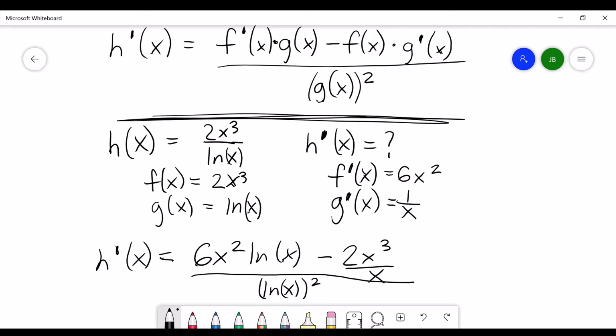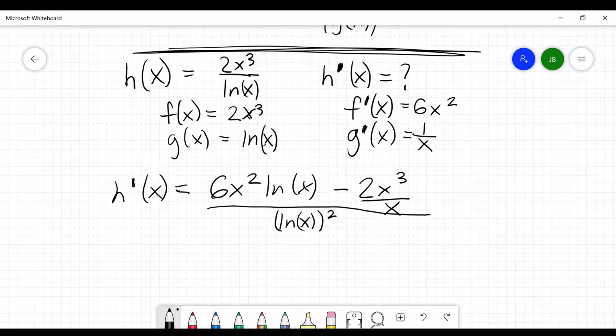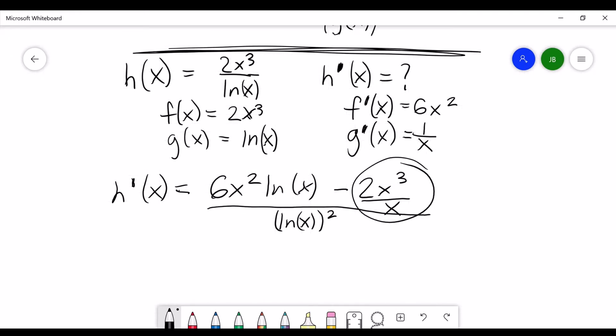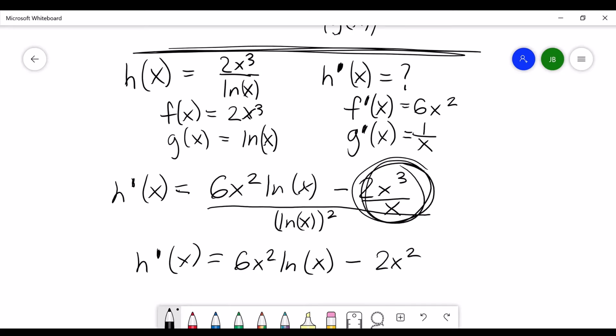Let's see. We could factor this, but I don't think we're going to. I think we just need to cancel right here. So let's rewrite this real quick. h prime of x equals 6x squared, natural log of x, minus, let's see, one of these x's cancels right here. So we have 2x squared, there we go, over the natural log of x